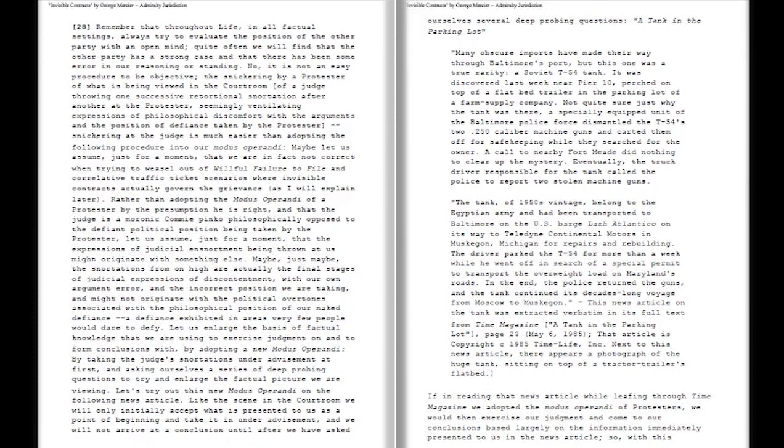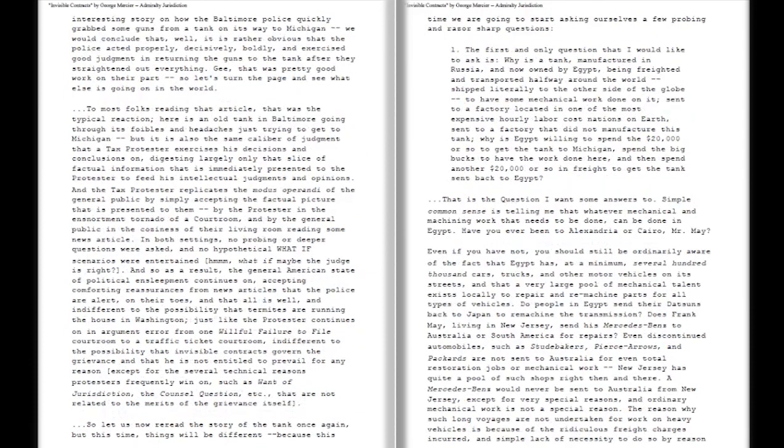If in reading that news article while leafing through Time magazine we adopted the modus operandi of protesters, we would then exercise our judgment and come to our conclusions based largely on the information immediately presented to us in the news article. So, with this interesting story on how the Baltimore police quickly grabbed some guns from a